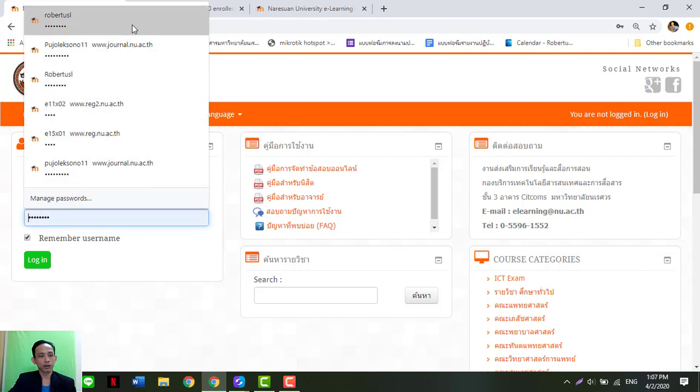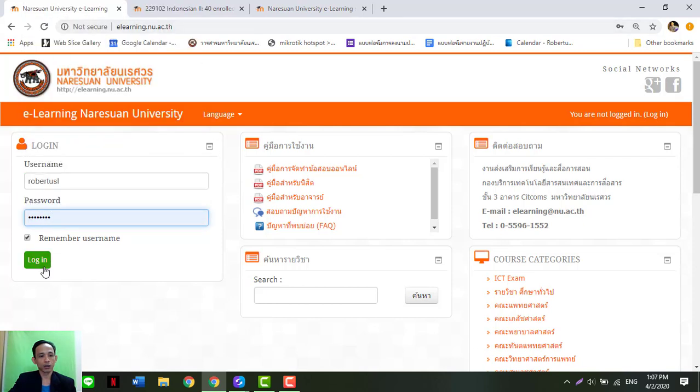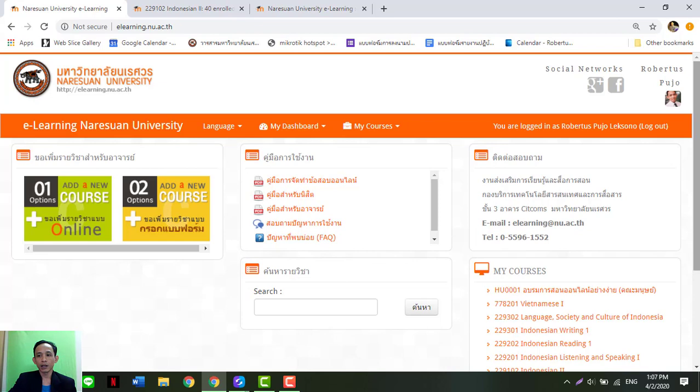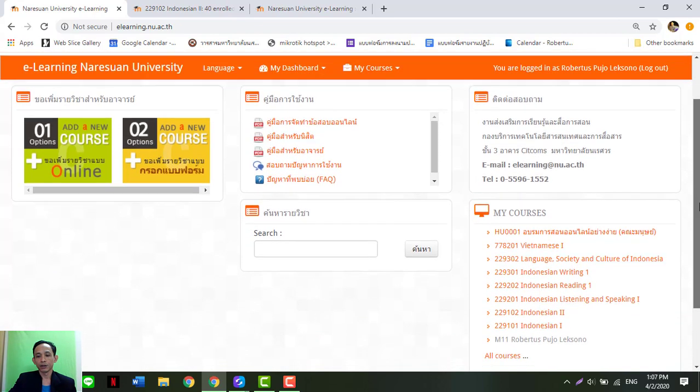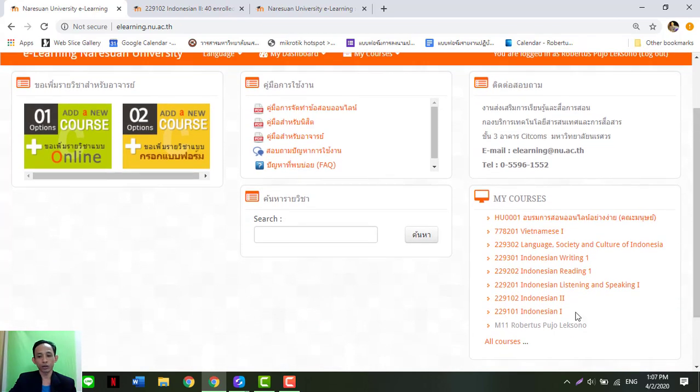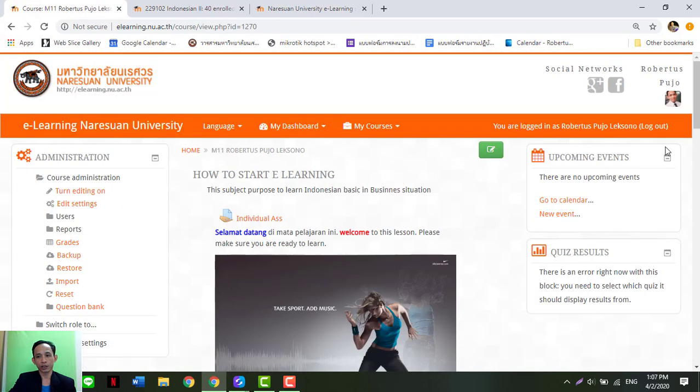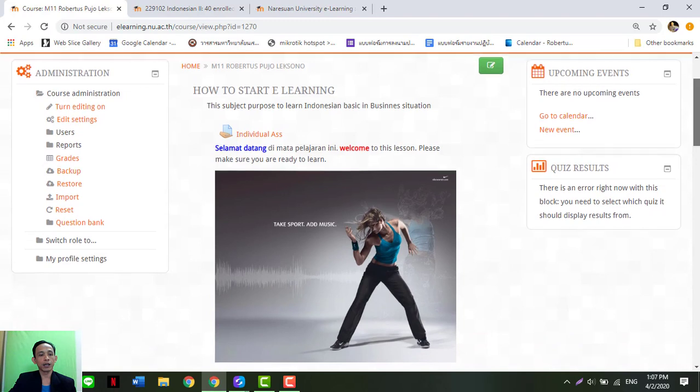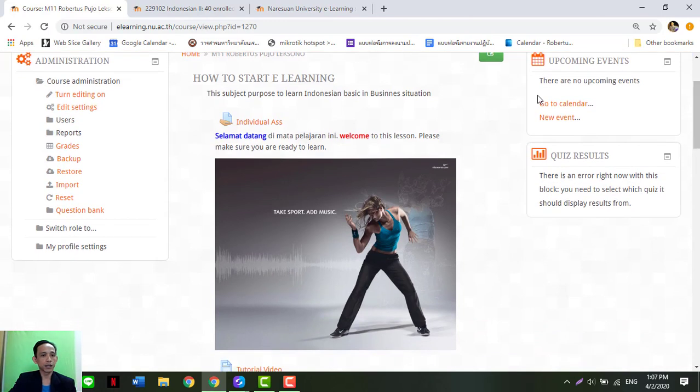Login first with your username and password. Click login. And then choose your course. I will use this one for example. The next step is to look at the administration panel.